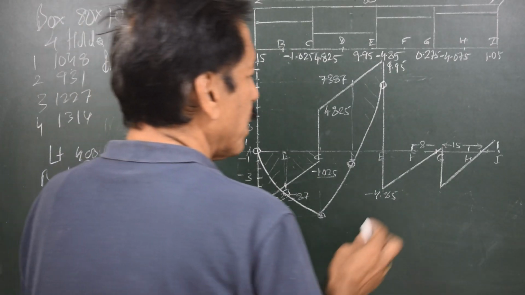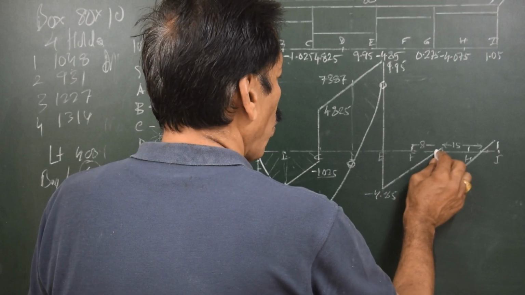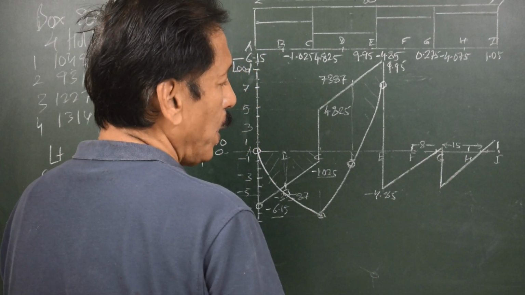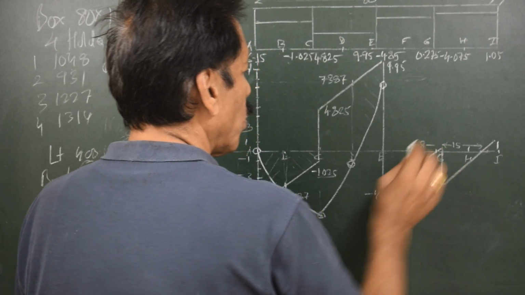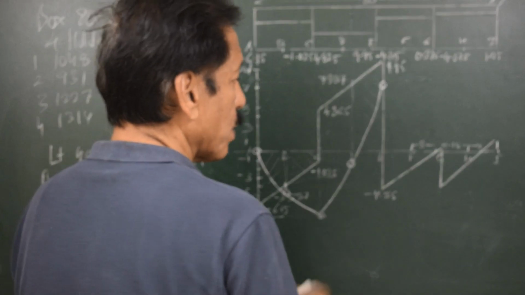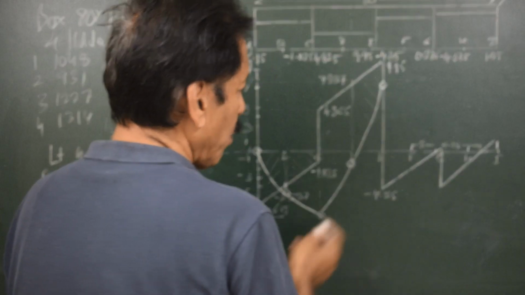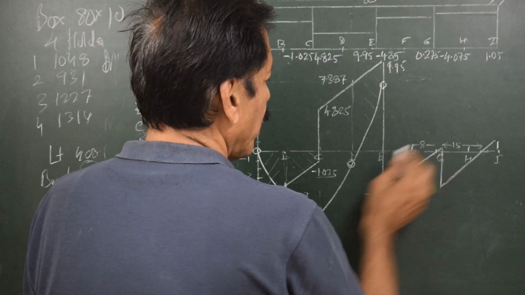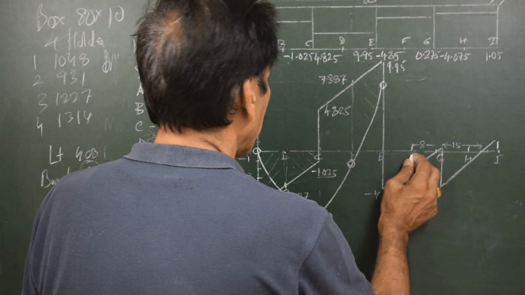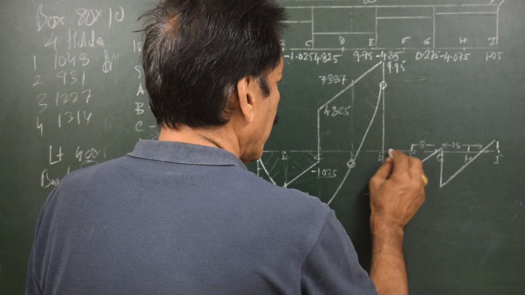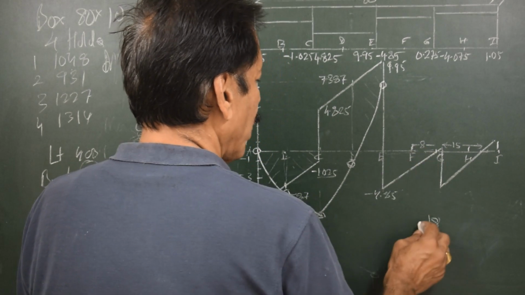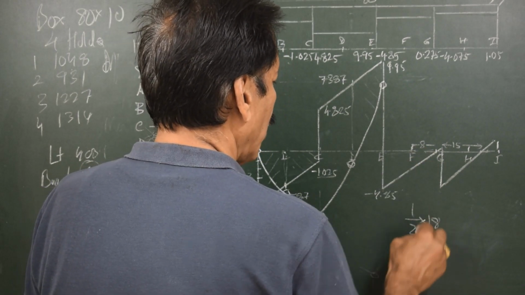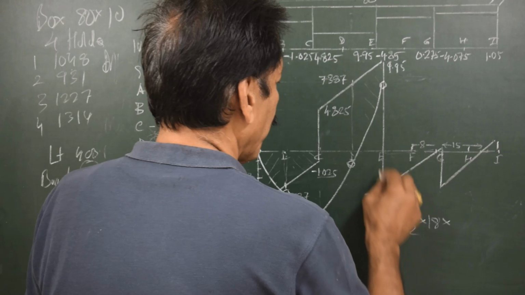Now I want to find out what is the peak value, because I know the peak is going to occur at this point, which is about 8 meters from the diagram. Approximately, I say it is 8 meters from here. So this distance is 10 meters and this is 8. So this is 18 meters. And what is the area of the triangle? Half base into height. So half into 18 into the height is